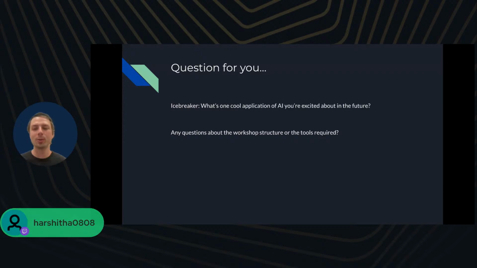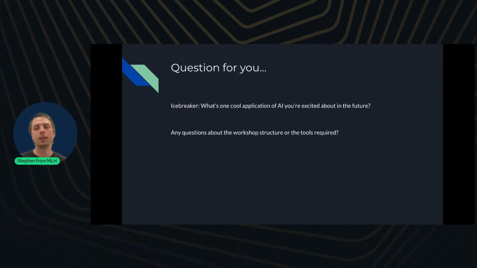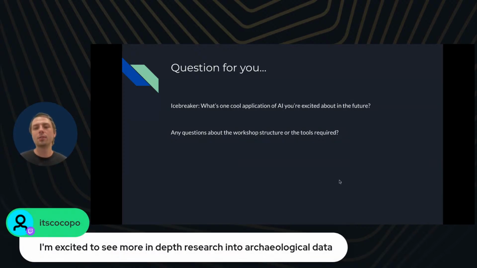AI is becoming world leaders. Incredible. Yeah, I think it's actually somewhat possible that you could have rational actors like AI become more useful in society. That could be really cool. And research into archaeological data. That's very interesting.